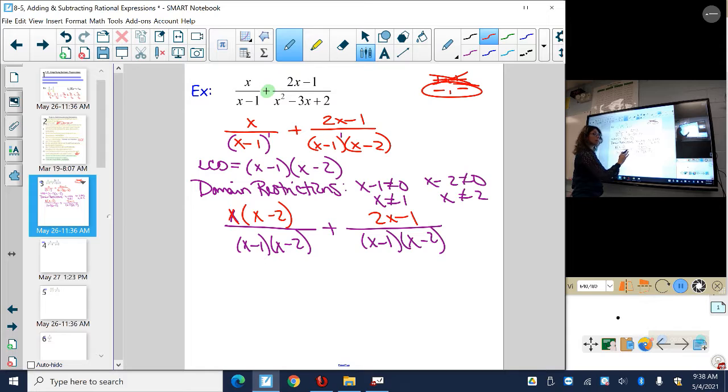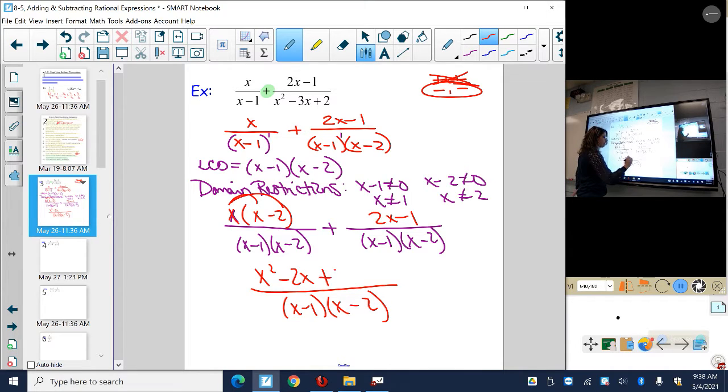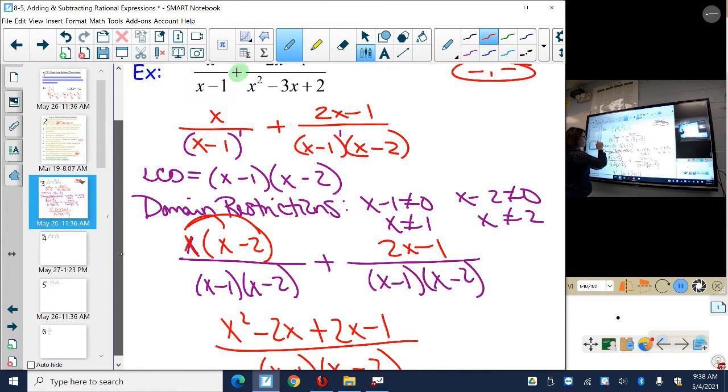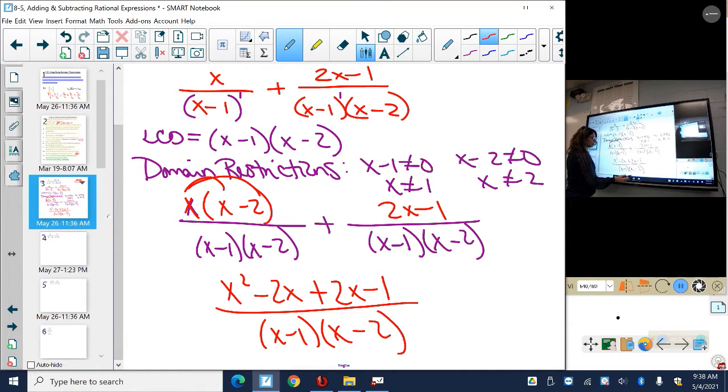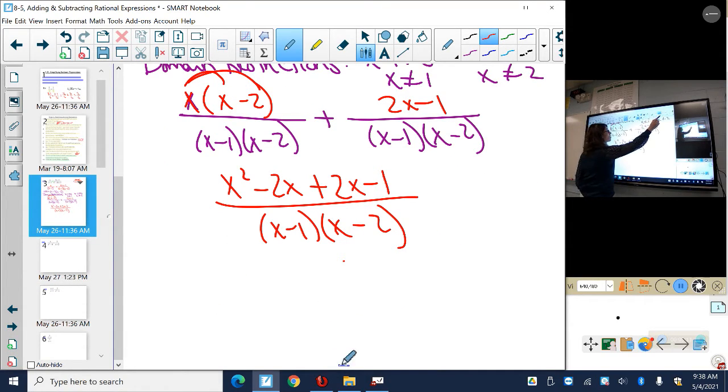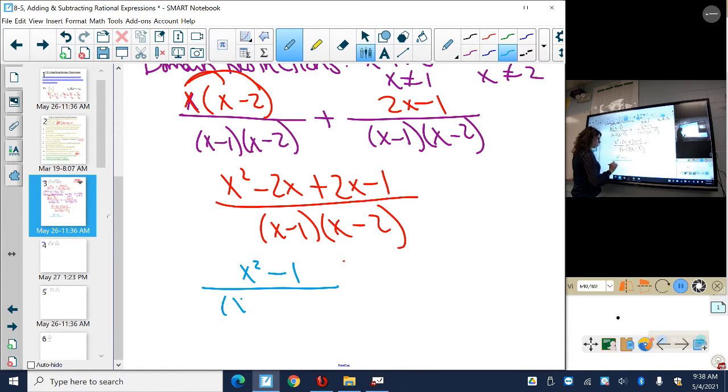So now that I have the same denominators, I'm going to go ahead and write this as one fraction. So my one fraction has the one denominator, and then I bring his stuff, distributing that, x squared minus 2x, and then her stuff just dropped down to 2x minus 1. From there, I'm going to combine like terms. So I'm going to unpack all my boxes. So if I unpack all my boxes and combine my like terms, I'm going to get an x squared minus a 1 all over x minus 1